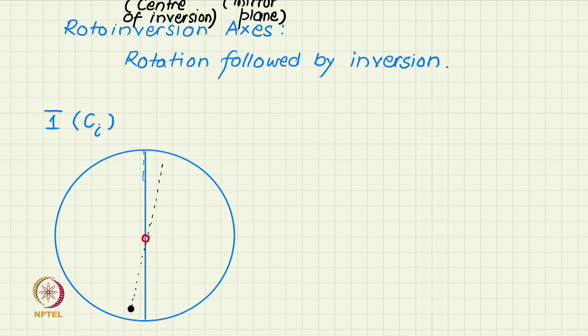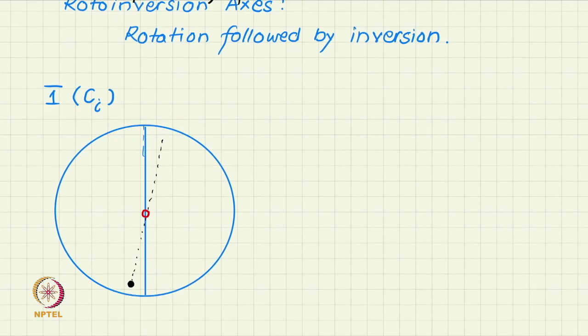Also, inversion in 3 dimensions changes the handedness of the object. So, if this black object, let us say, was right handed,